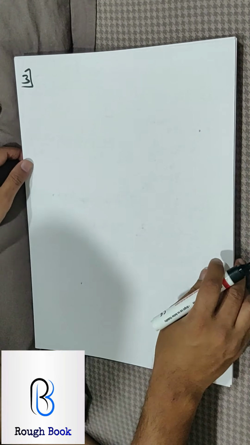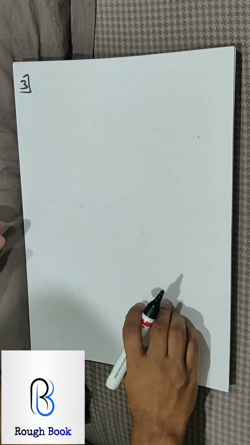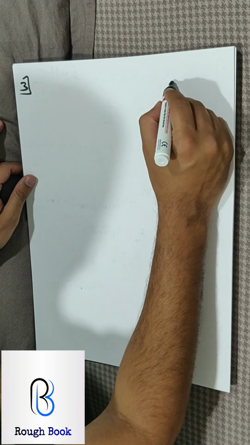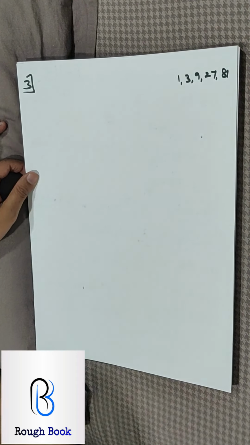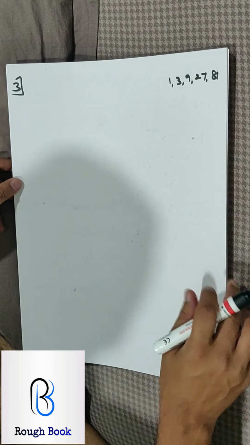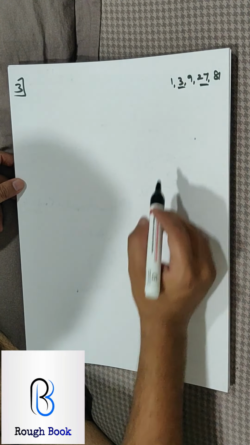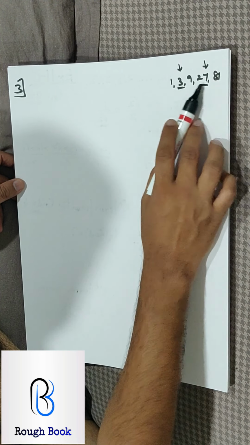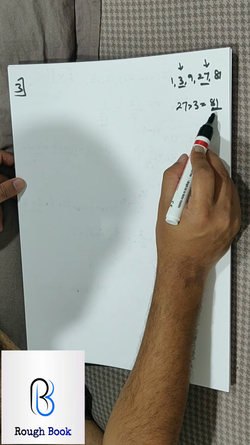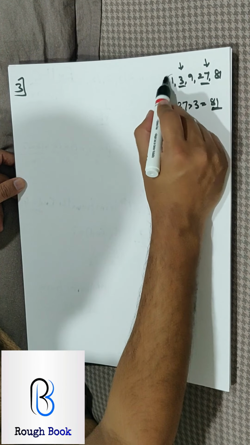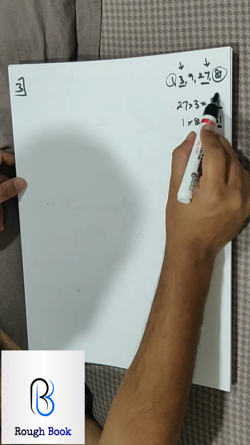Now before we go to the third one, a little bit of understanding is needed here. Now the rule is, let's say I have a particular series as 1, 3, 9, 27, 81. Now if I want to find the product of the second term from the start and the second term from the end, so this is the second term, start and end, that will be 27 into 3, 81. This will always be equal to the product of the first term and the last term. Can you see that? So both will be the same.